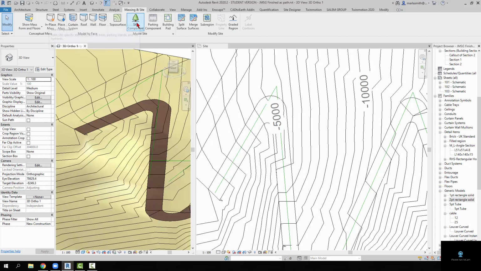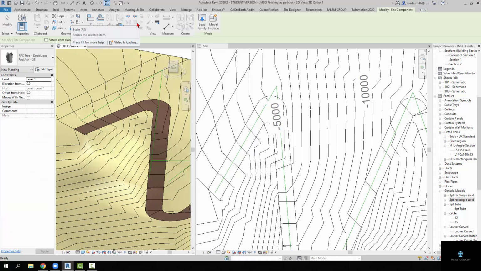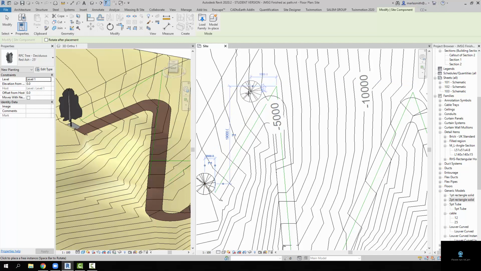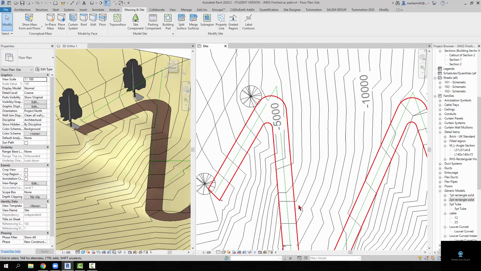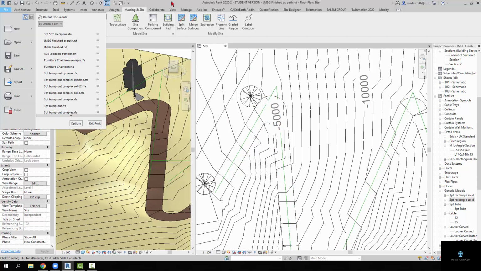I'm actually going to place some trees where I want to put a line to denote where the base of my trellis is going to be. And the reason for this is because trees seek out the topography level and place themselves on it, so you can see these two trees find the closest topography line and put their level on it. And that means that when I go to start my adaptive component and my divided lines, if I go to